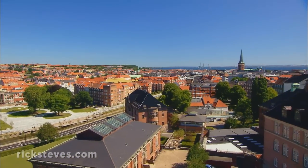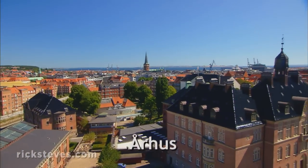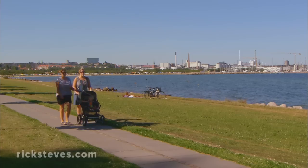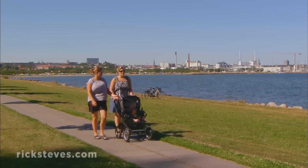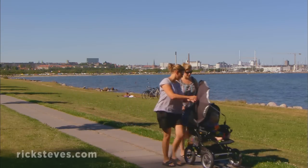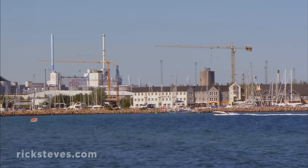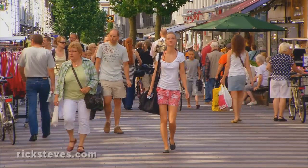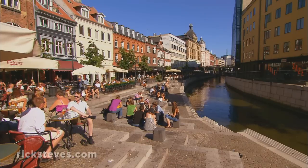Nearby is Aarhus. Denmark's second largest city with a population of 400,000 is Jutland's capital and cultural hub. Its Viking founders settled here in the late 700s, where the river hits the sea. Today, Aarhus bustles with a lively port, an important university, busy pedestrian boulevard, and an old quarter filled with people